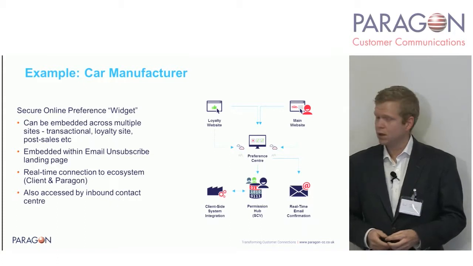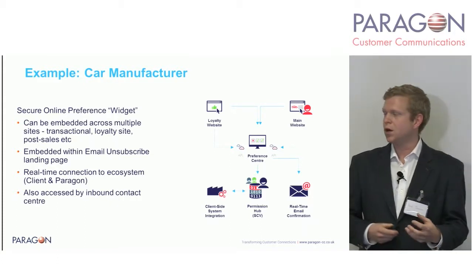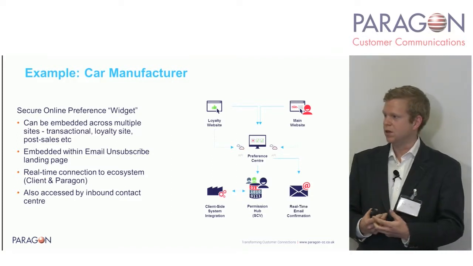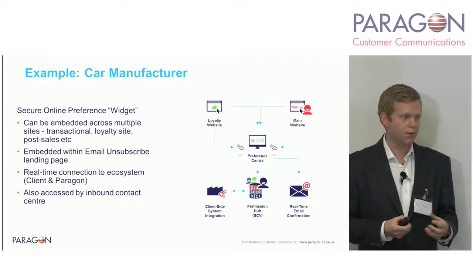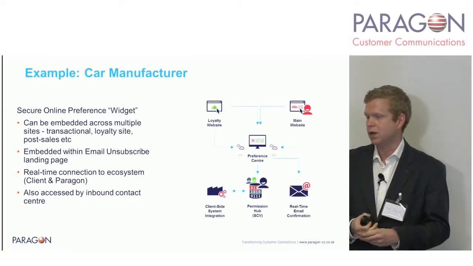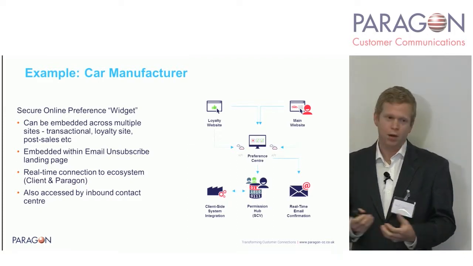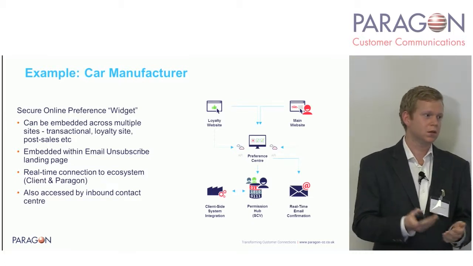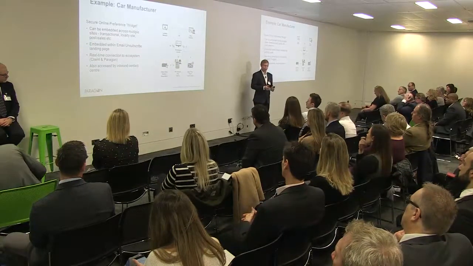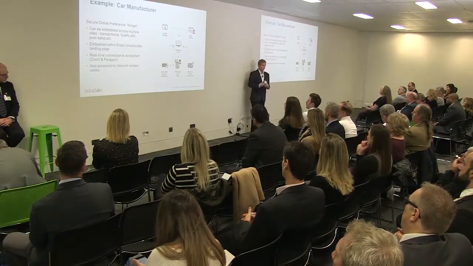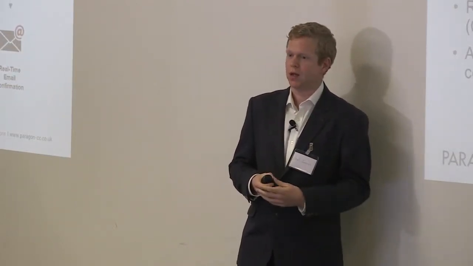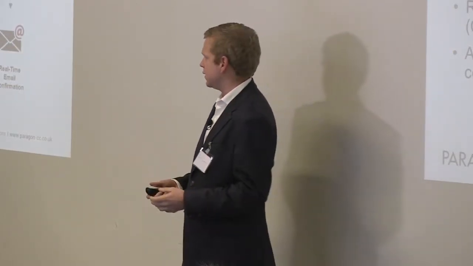For a car manufacturer that we work with, we don't actually hold that preference center. So what we have actually delivered is a widget that calls into the websites that they run and host via an API, which basically means that we can capture the data in real time, capture their permissions and their changes of consent, bring that back into the SCV that we manage for them, but also send a follow-up communication to them, thanking them for updating their details.